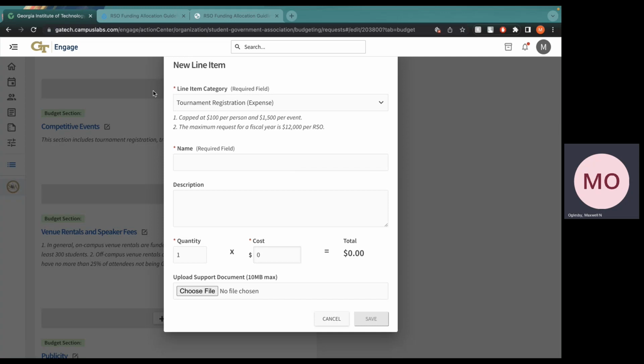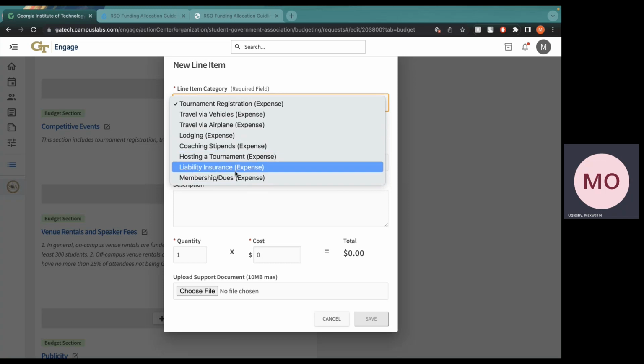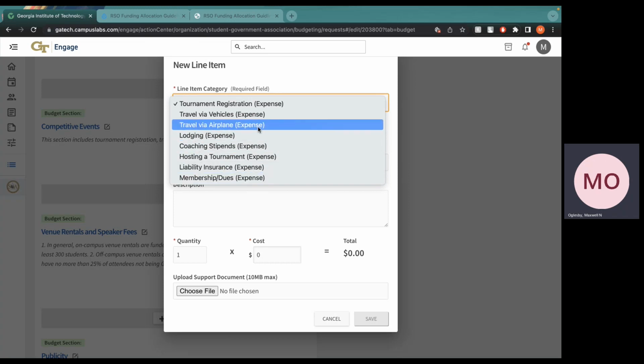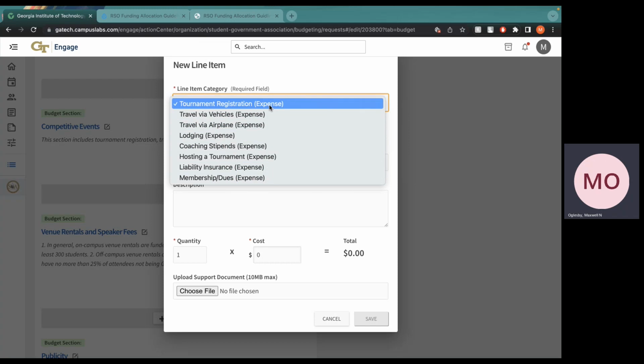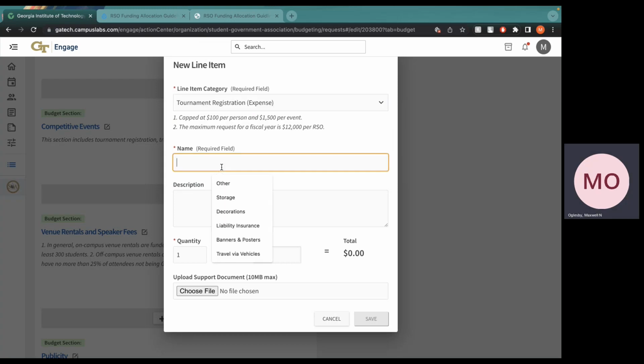Since this is technically a tournament registration type of bill, I would click on competitive events, and then up in this first bar, which says line item category, you can pick which type of item you're looking to get funded. Since we're requesting funding for nationals, the first item might be registration. So then you'll put the name, you'll say cost or tournament entry